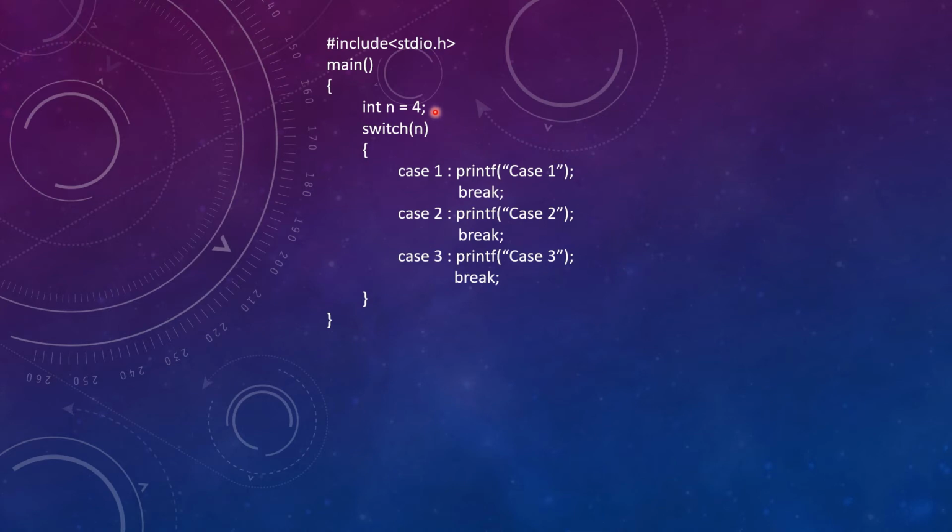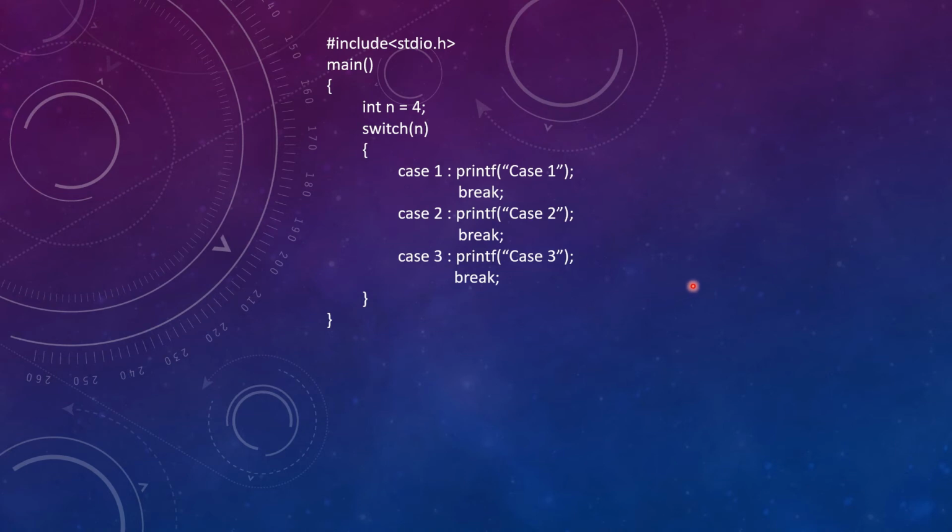But as you can see here, we have a value of 4 and we don't have any case with the label of 4. So the default case must be executed, but as we can see, there is no default block present inside this switch case. I know what many of you must have thought: that default block is not available in this switch case, so the answer will be compilation error, because the default block must be present so that the values which are not matched with the case labels will be executed under the default case, right? I must tell you that you are absolutely wrong in this case.